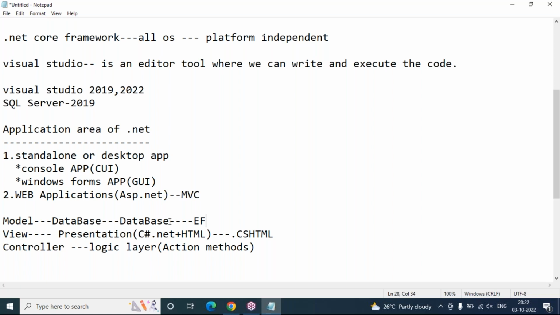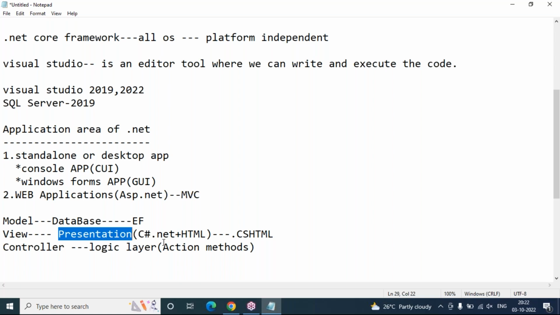Entity Framework also plays a role in the MVC pattern, especially on the ASP.NET Core platform. The model represents a database, that is, the storage area. We can prepare this storage area with C#.NET logic files only. That is Entity Framework Core, as we can call it. And then we represent the presentation layer, which is what output the end user is going to see on the screen.